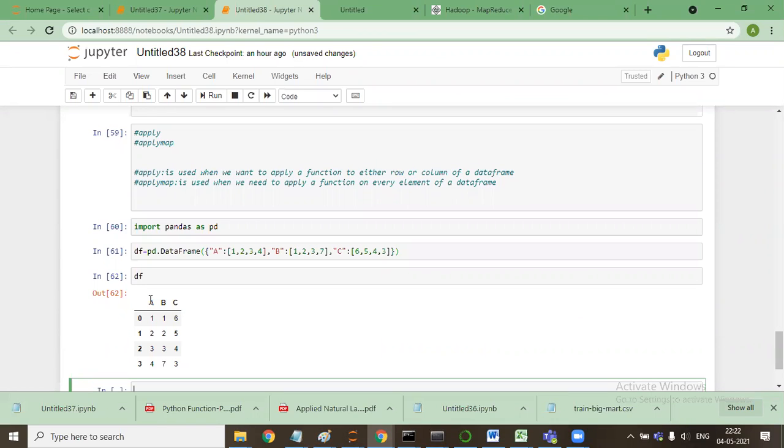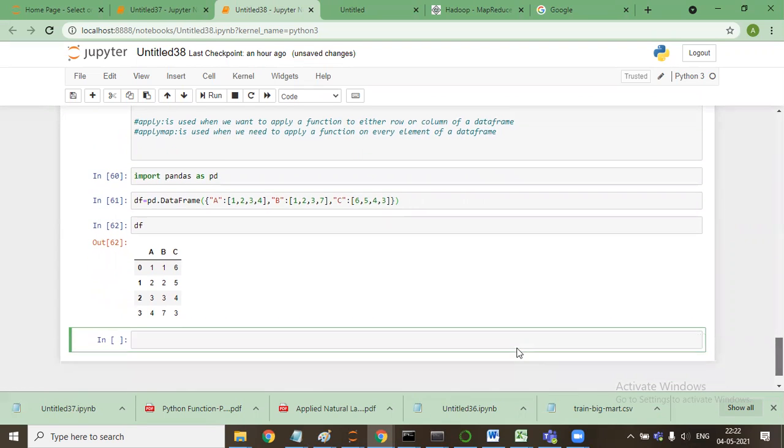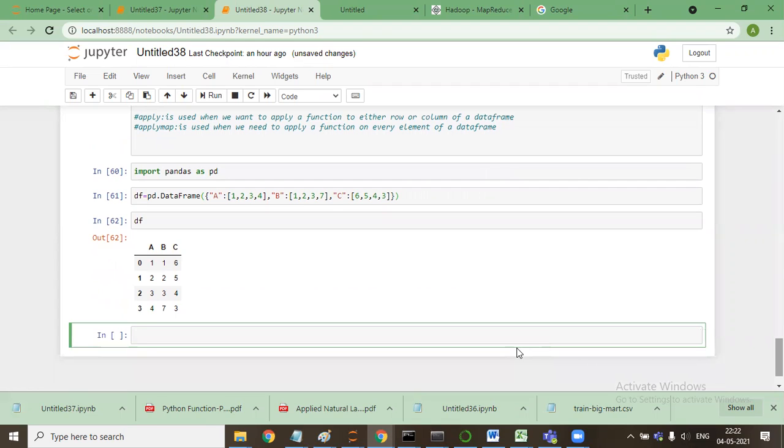Now let me see which function I can use, if I can say if any value is greater than 2 or 3, whatever we can use. I'll make a simple function out here.